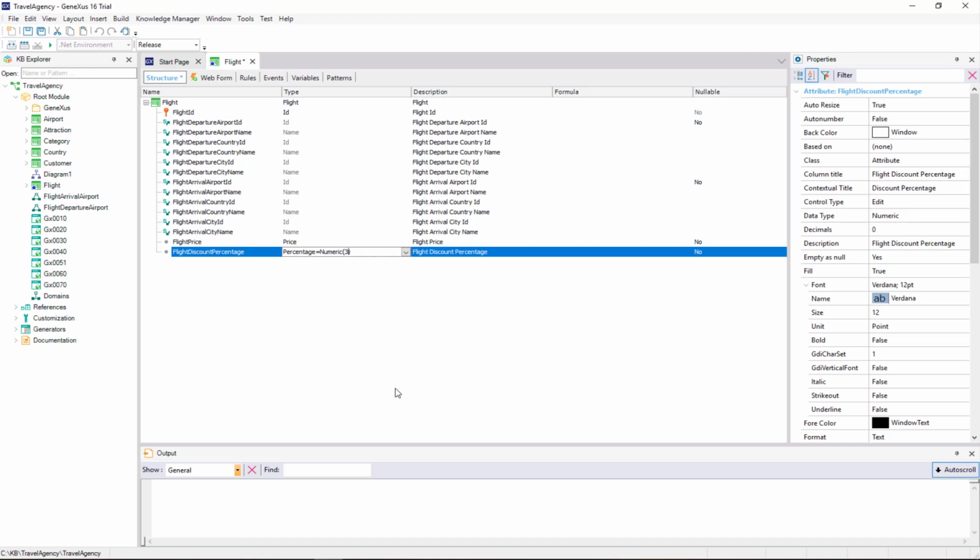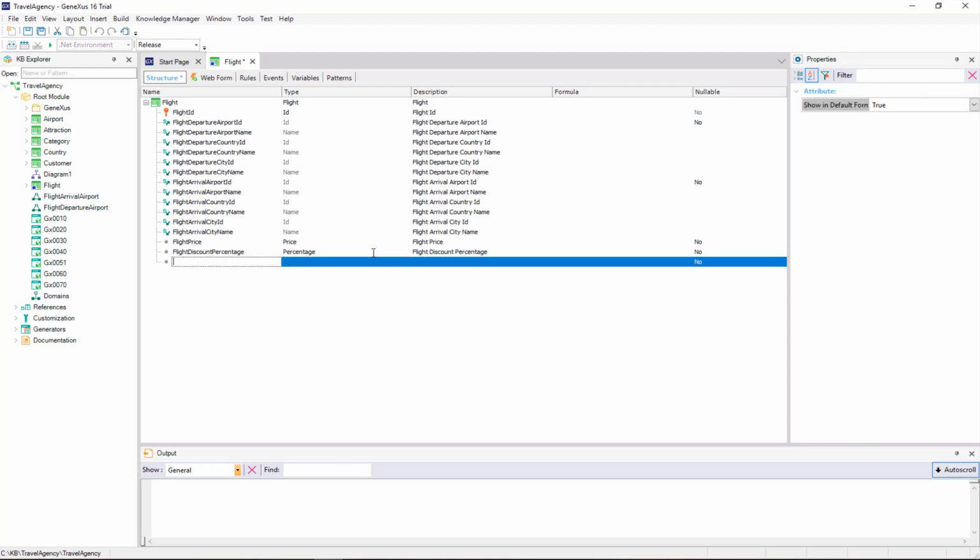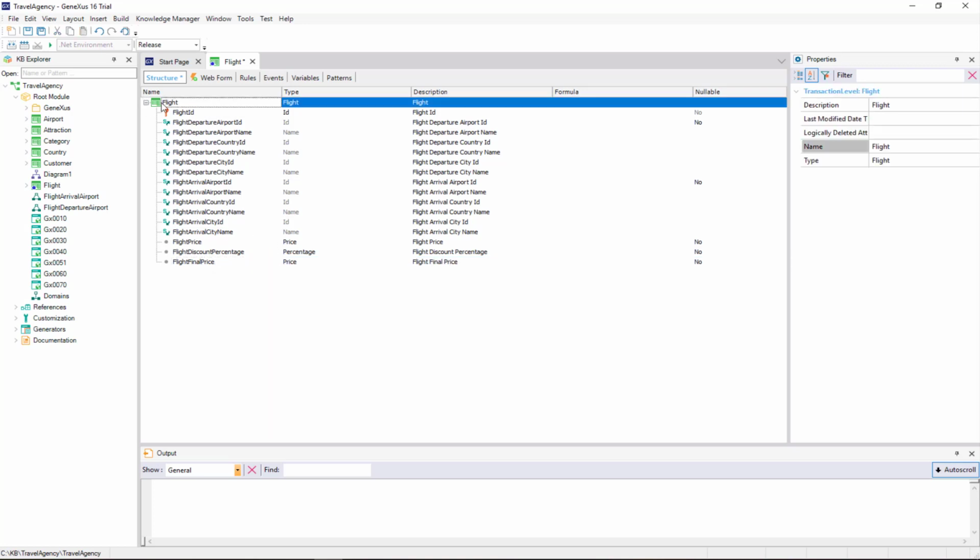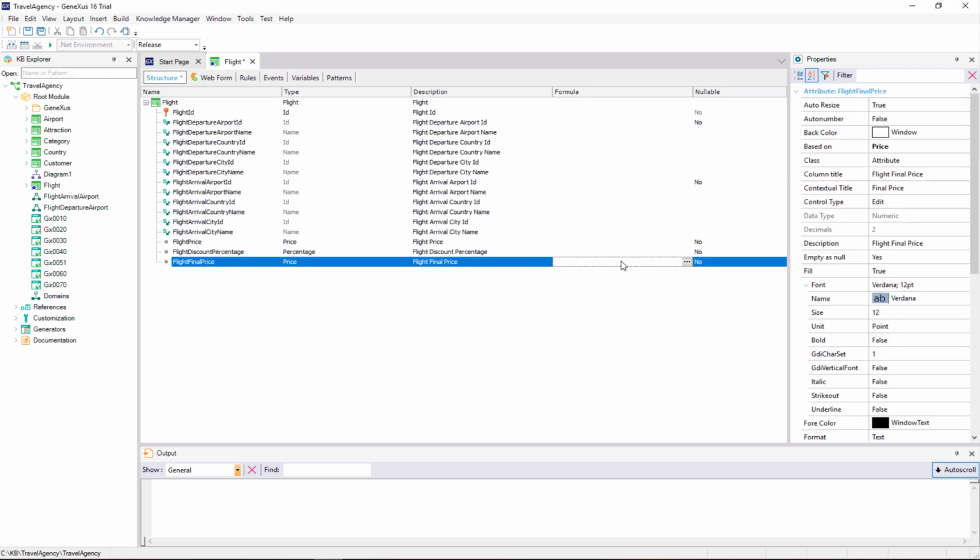Lastly, we will add another attribute called flight final price, which is based on the price domain, and this time, the attribute will be defined as a global formula. To this end, in this attribute's formula column, we will define the calculation necessary so that it's always run, and this attribute provides the flight's current price.